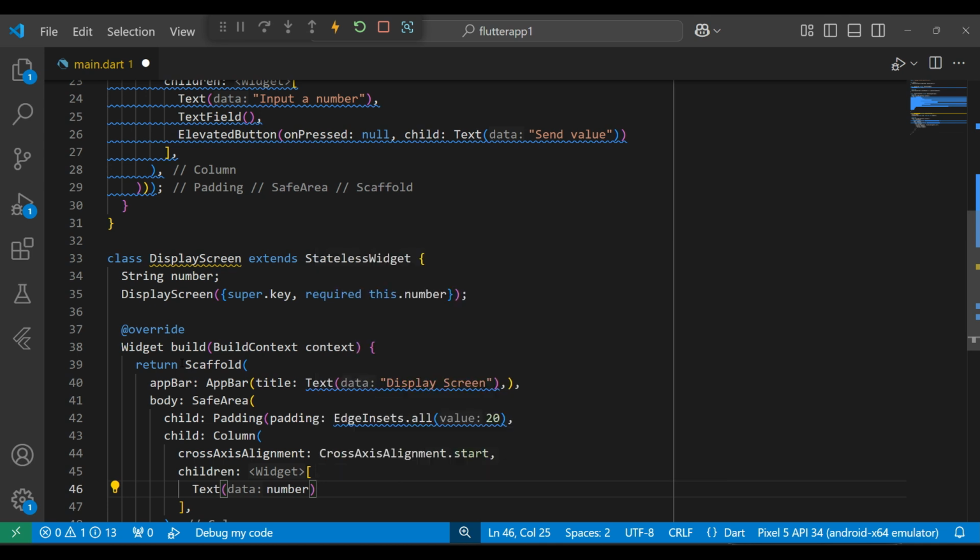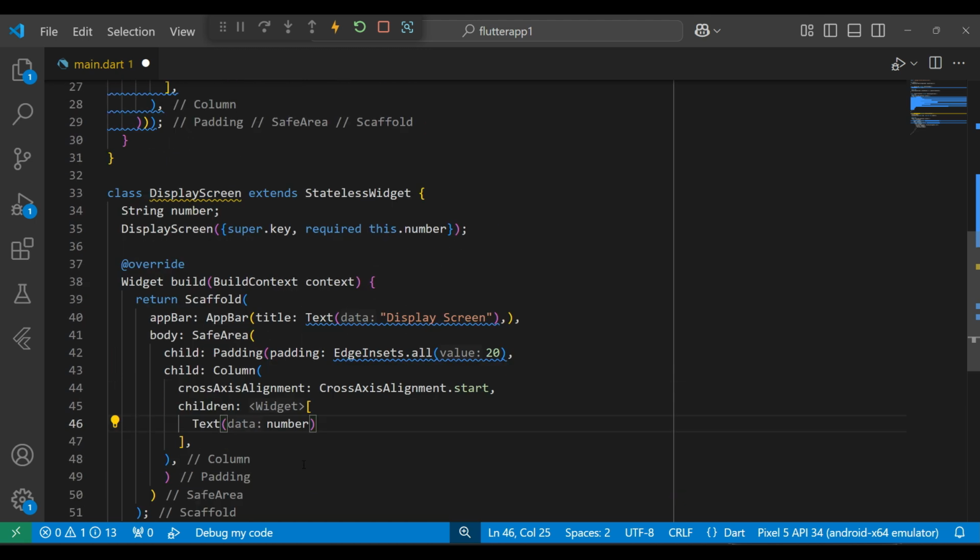So number, so this number that we are going to receive will be displayed here, and